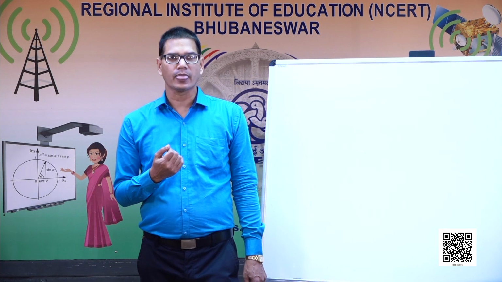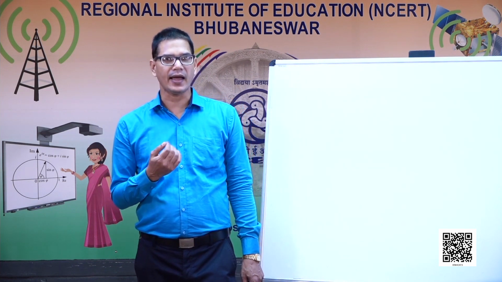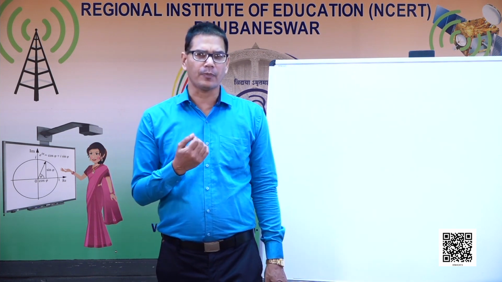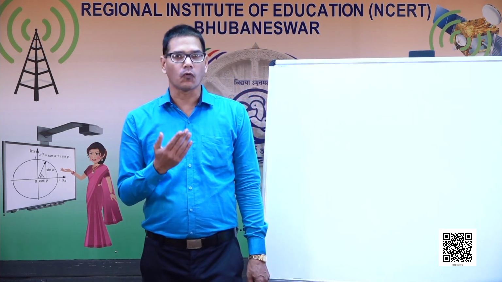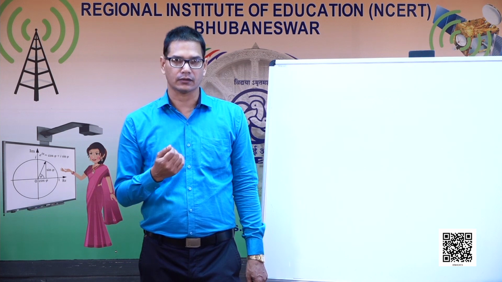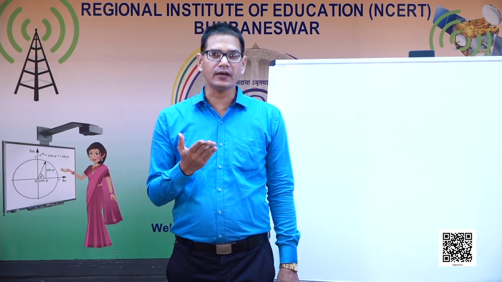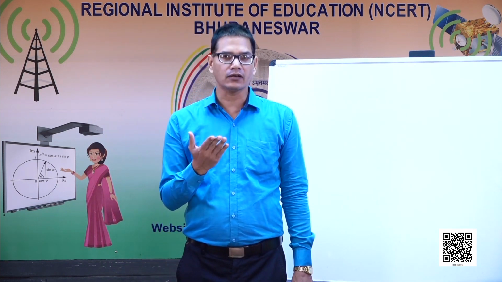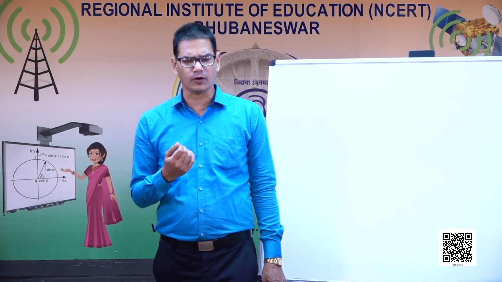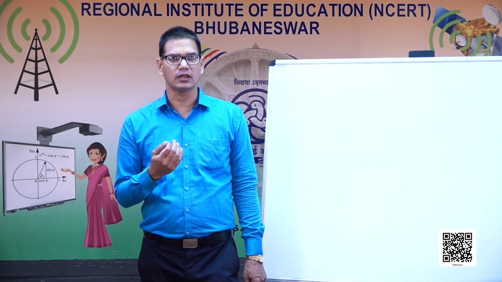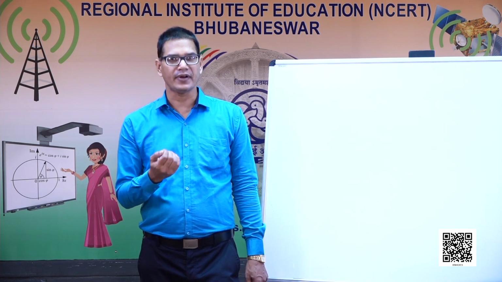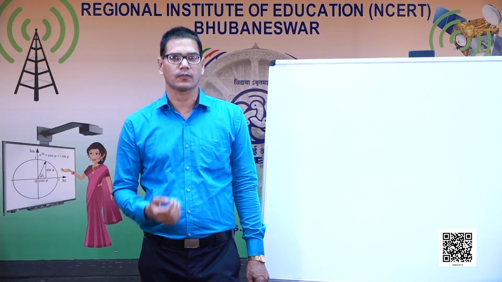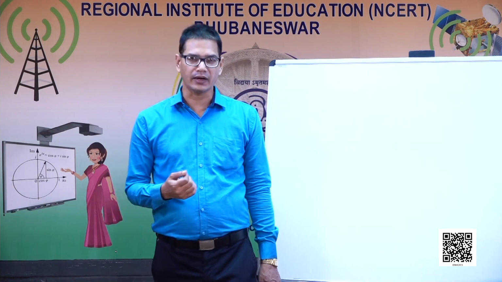And the third one is to eradicate hunger. As you know, millions of people in our country remain hungry. They hardly get one square meal in a day. Also, children remain hungry. They don't get proper food and suffer from malnutrition. Therefore, to fulfill their requirement, we need more and more food. Now, how can we do that?